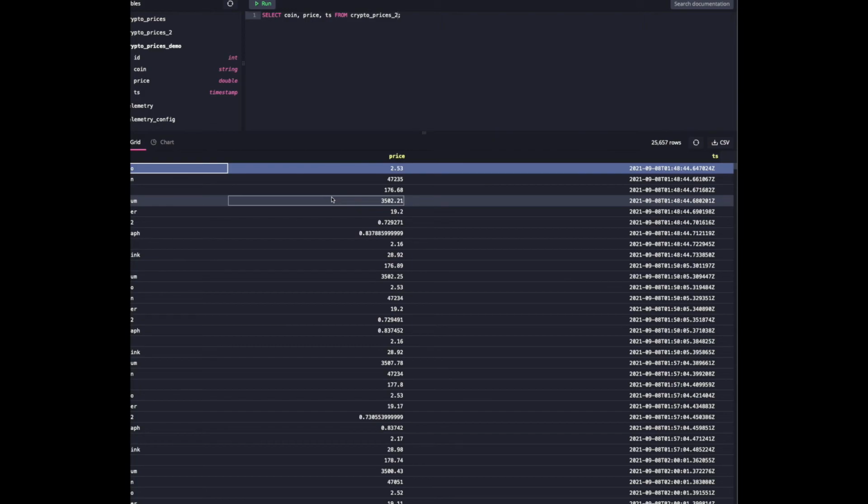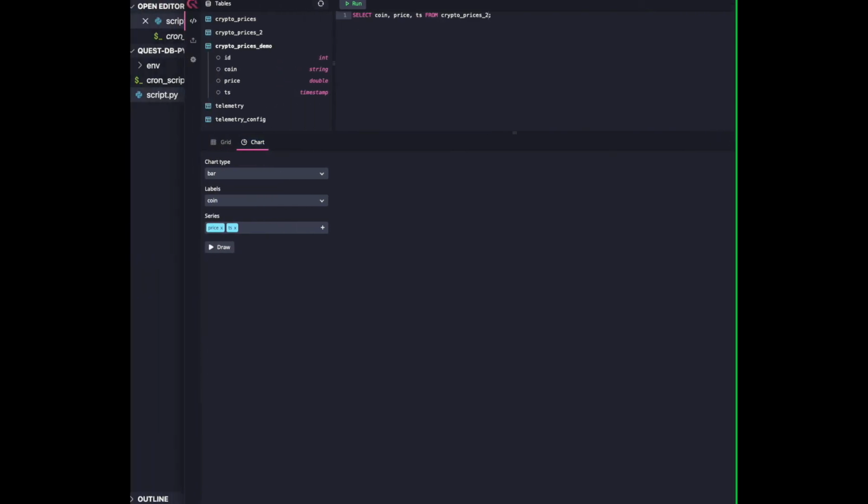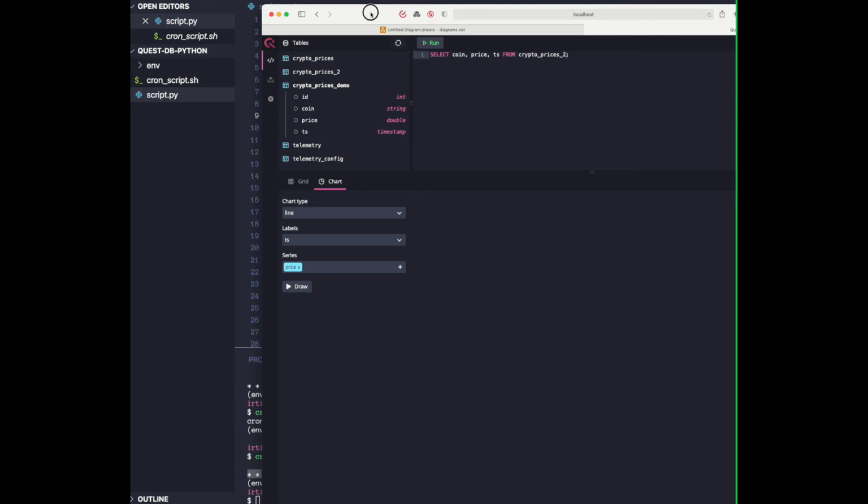A very cool thing you can do with QuestDB is you can go to chart and you see the 3 fields: chart type, labels, and series. So what we can do is a line chart, and then labels is going to be your x-axis, so that's going to be your time. And series is going to be the y-axis, which is going to be your price. So this is how it looks. We have line, time, and then price. If we draw it,